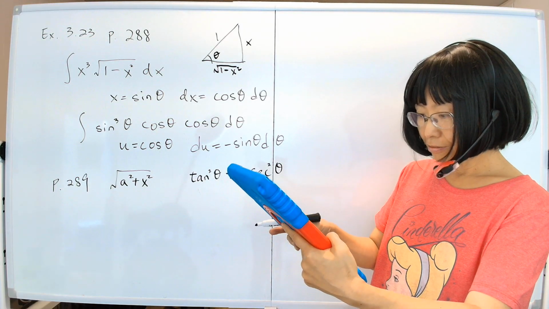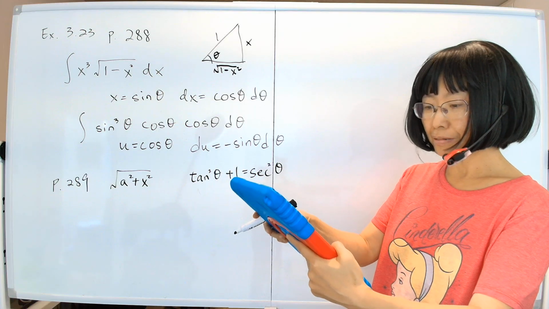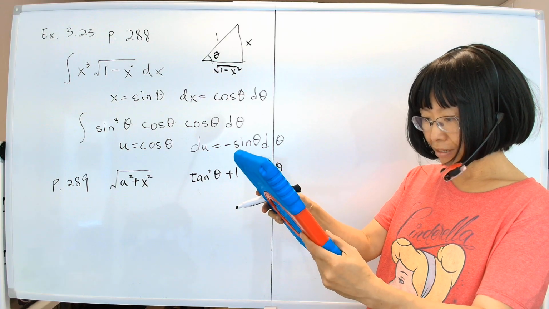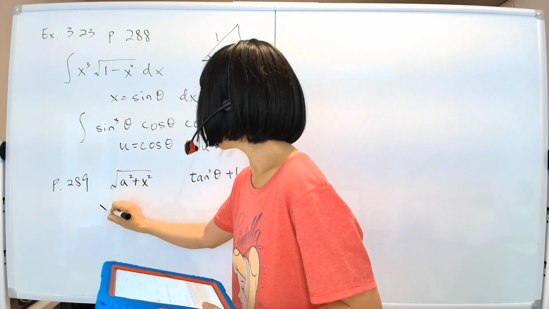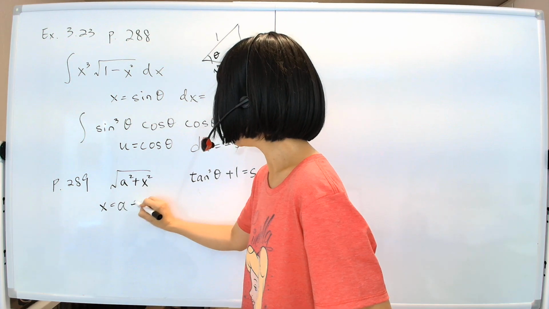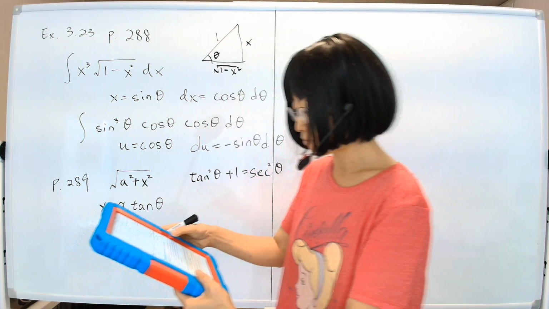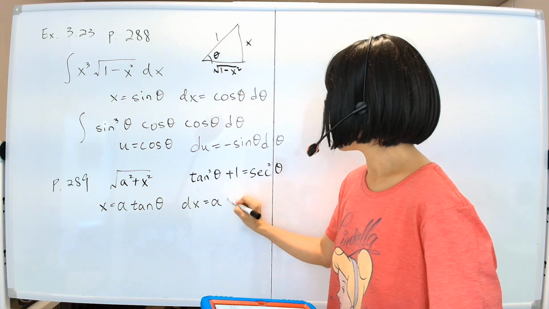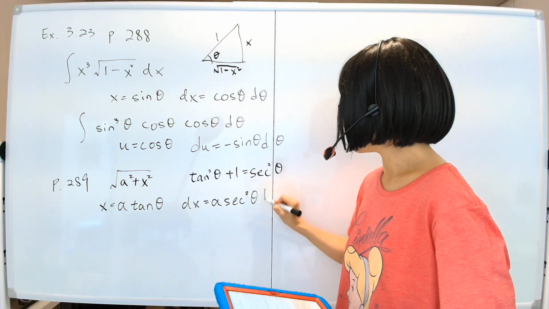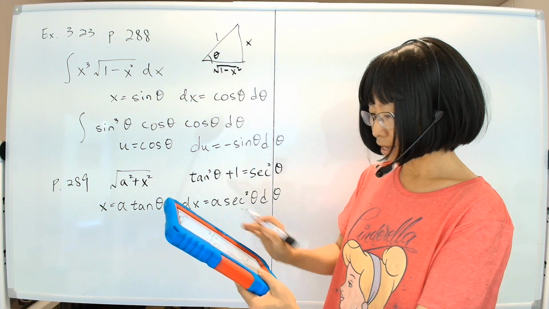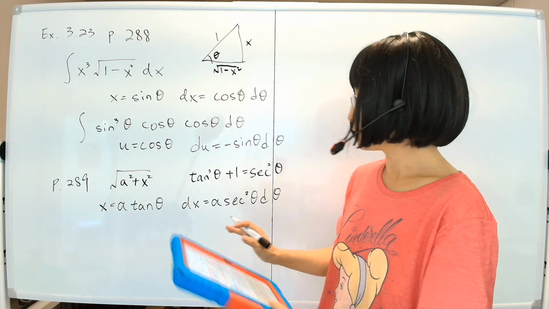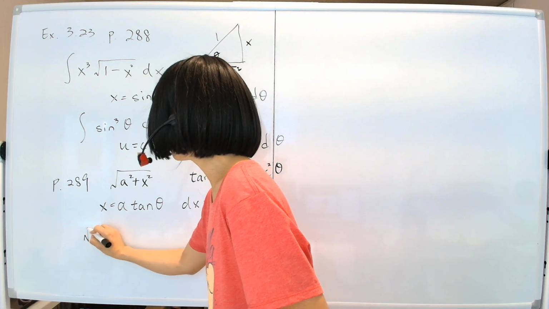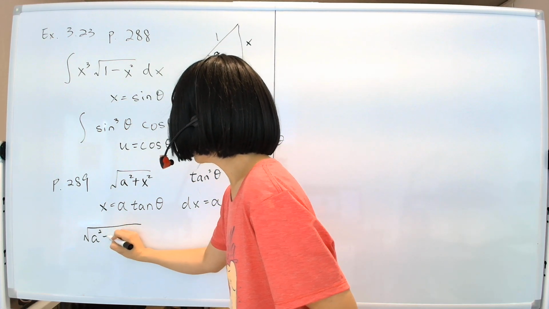Now to do that, let's look at the problem solving strategy at the bottom of page 289, where we let x equal a times tangent theta. At that point, we have dx equal to the derivative of tangent, which is secant squared theta d theta. So you plug everything in here. If you plug x equal to a tangent theta in here, then you have a squared tangent theta squared